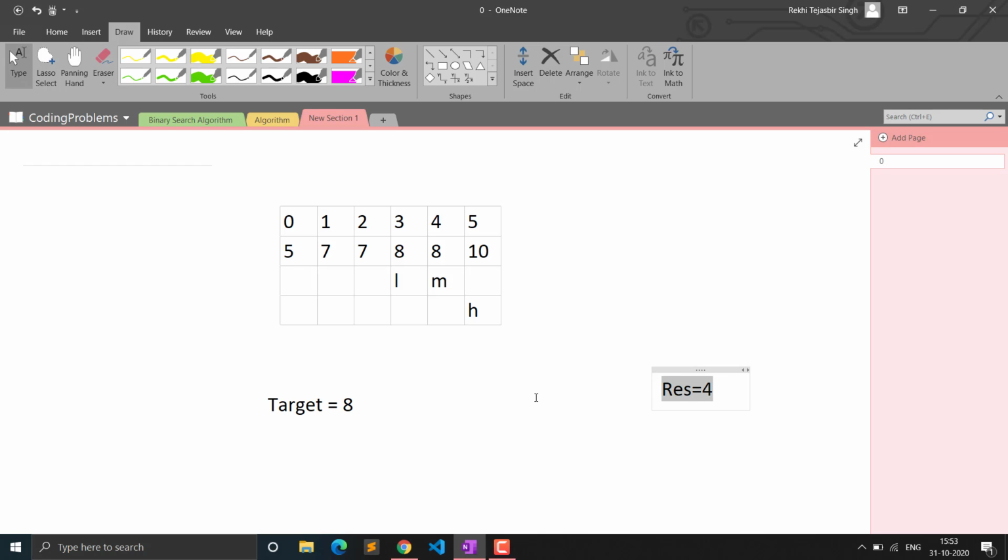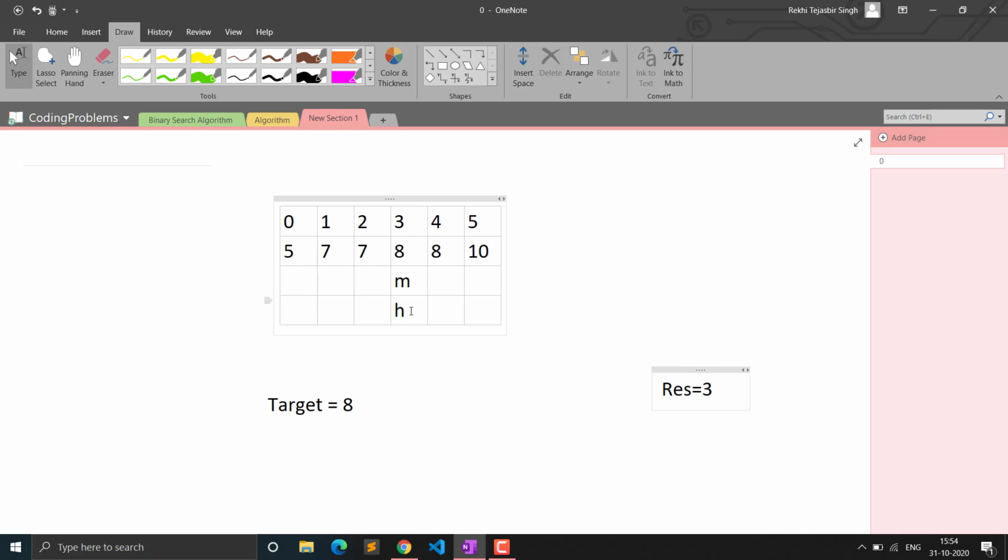But instead of stopping our search, we will keep it continuing, and to do that we will make high to mid - 1. So high will be mid - 1, so high will be coming here. So if you calculate the mid for this particular low and high, it will be (3 + 3) by 2, which will be 3 only. So mid will be here only. Now again the target is equal to the mid value. So again this will be updated. Our result will be updated whenever we get the particular element at the midpoint. So the index will be 3.